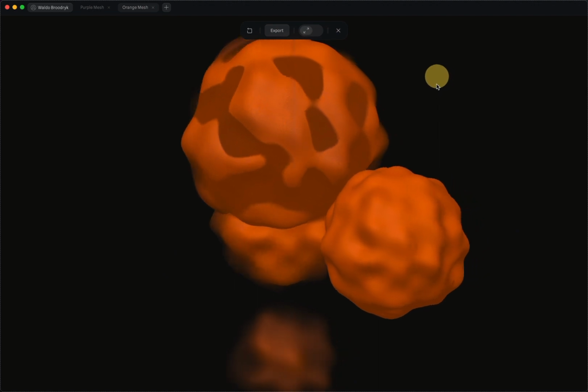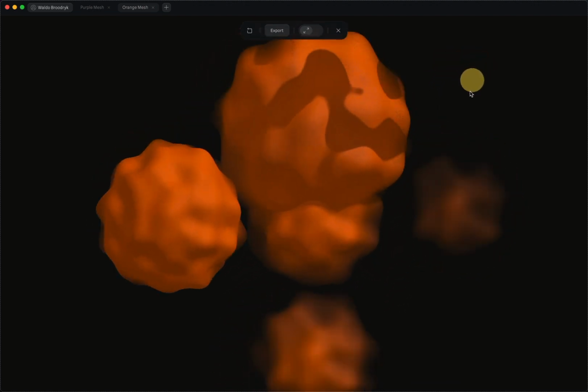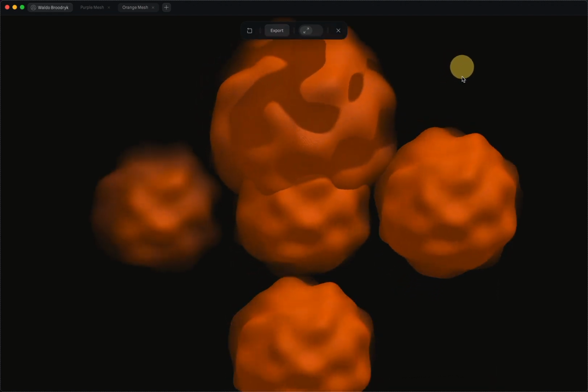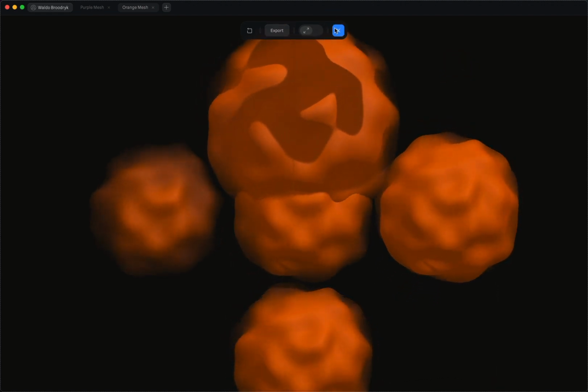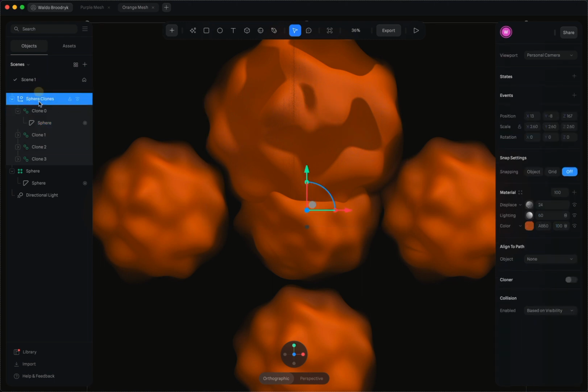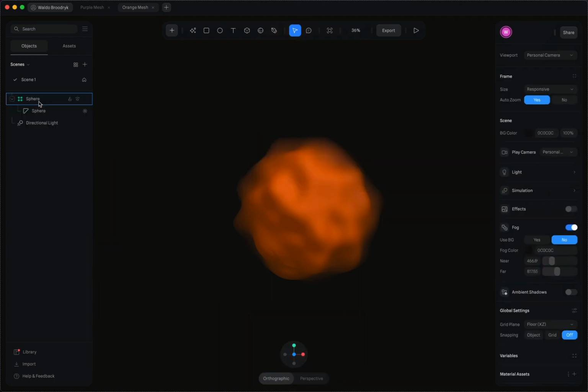It's kind of wild looking. As you rotate, you can see elements going in and out of the fog. It's kind of cool. Well, that was fun playing around with some clones. I think I would rather go ahead and just copy and paste, because then we can use that wireframe effect a lot more easily. So I'll delete these clones